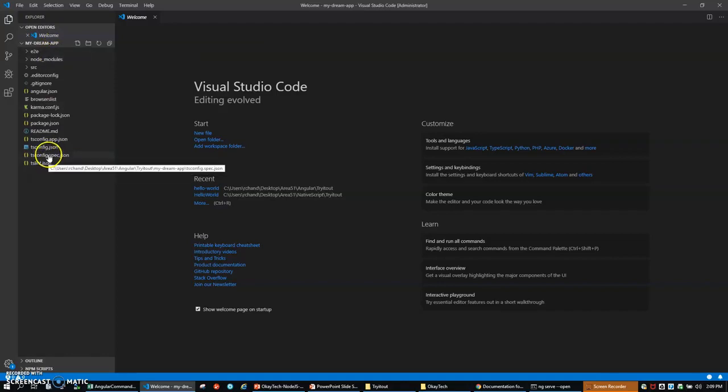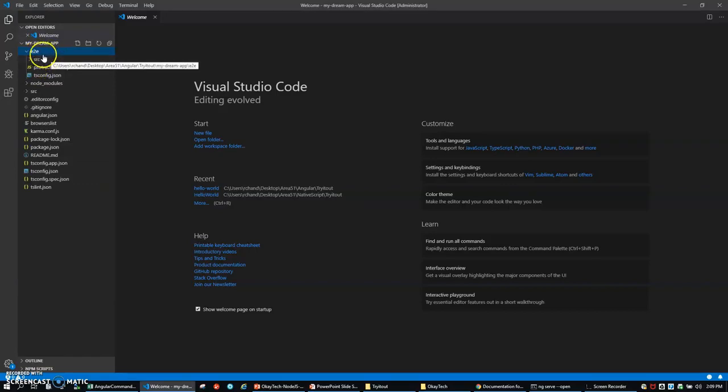Now we can talk about the project structure and each file, because each file stands for some specific purpose here. But we are not going to discuss everything because this is an introductory video, so I'm not going to discuss the project structure in detail here. But yes, I'll explain this: E2E stands for end-to-end testing. Whatever files and folders you see inside E2E are for end-to-end testing. We'll see these files later, maybe in the upcoming videos.